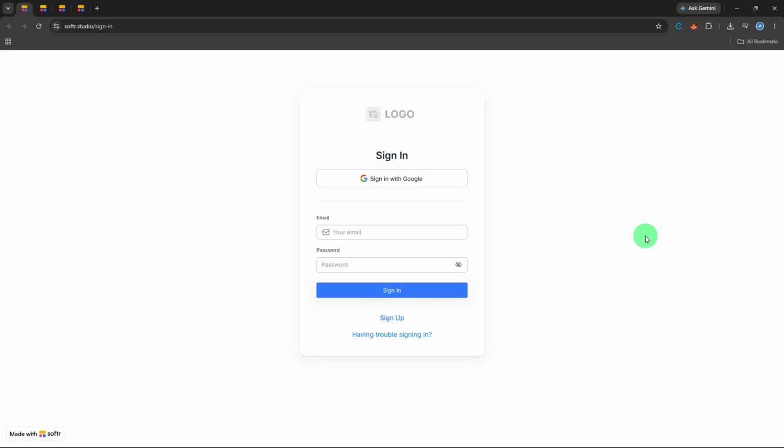In today's video, I'm going to show you exactly how to change card colors in Softr so you can customize your application's appearance and build a consistent visual style that truly represents your brand. Softr is a fantastic no-code platform that lets you turn Airtable or Google Sheets data into polished web apps, and being able to control the color of your cards is one of the quickest ways to make your interface feel